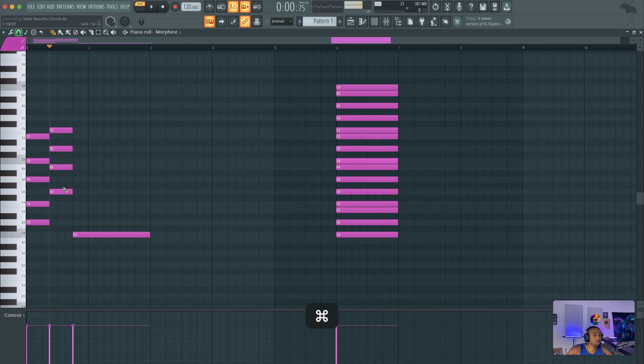A dominant seventh chord, let's count it out. It's 0, 1, 2, 3, 4, 5, 6, 7. So 0, 4, 7 is a major chord, okay? And then 8, 9, 10. So that's a minor seventh over top of a major triad. And that's what creates this tense sound. It creates this push-pull effect because we're blending two chords together into one.